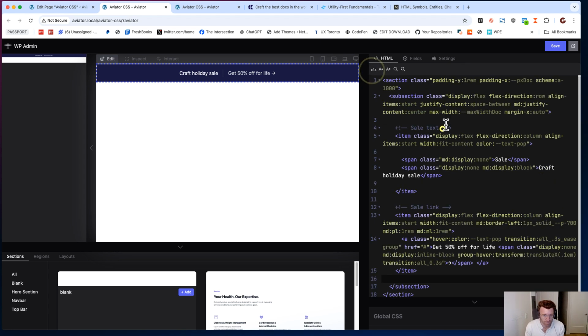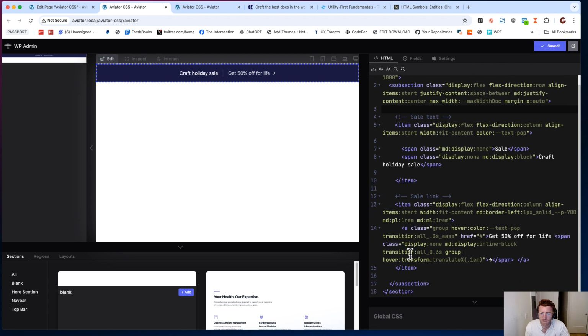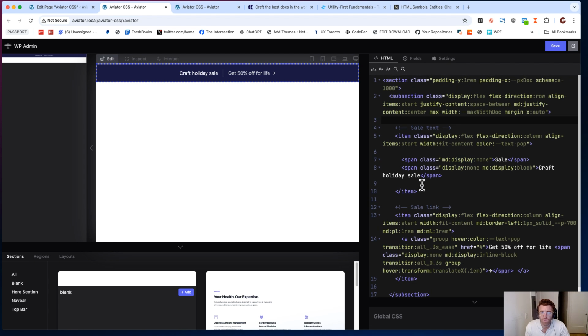So let's unfold it all, take a look at everything. And that's pretty much it. We're looking at 18 lines of code with a few spaces in it. Hopefully that gave you an idea of why this is useful, because there's really no big reason why you need to extract these into a semantic class. Like you might have different navigation bars and other things that need to be globalized. But for something like this, not only would it be nice to just be able to punch this in once and forget about it and put it in your header template,